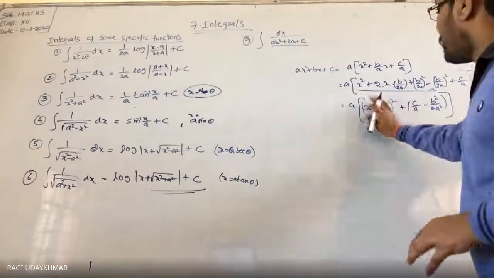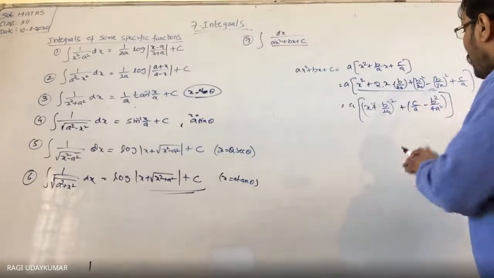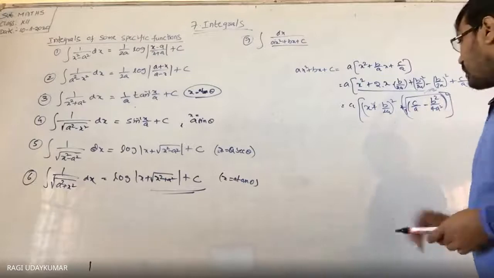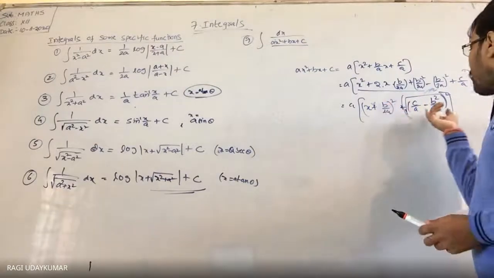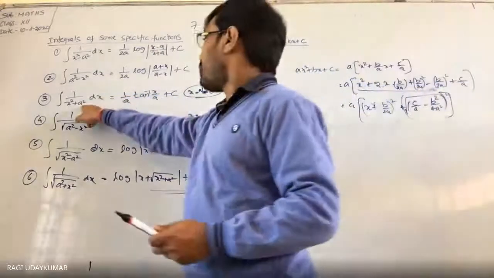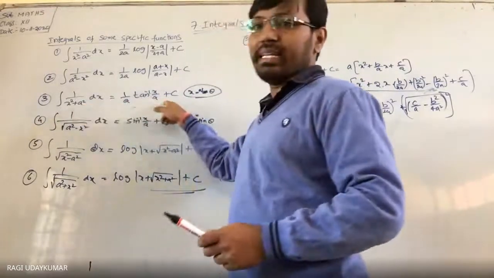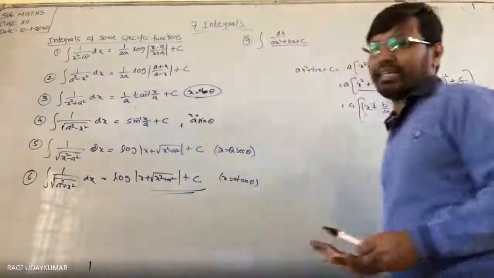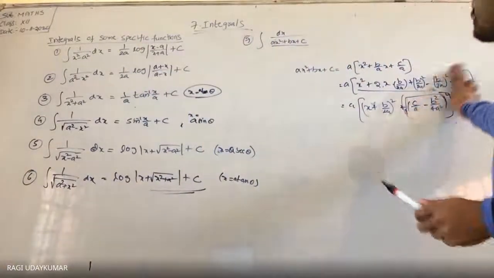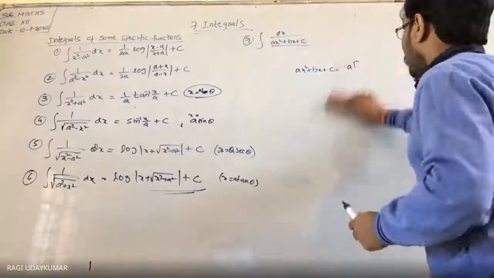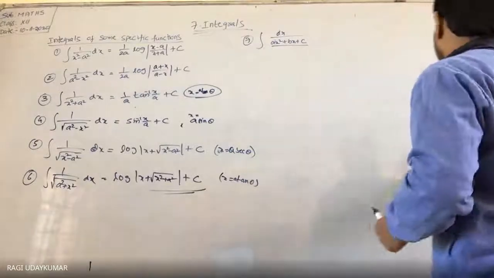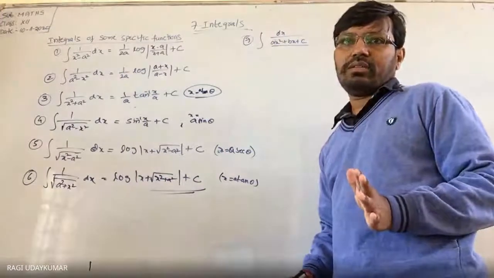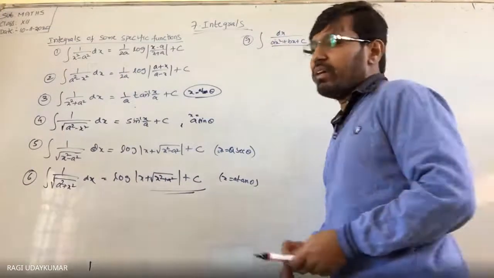Now it is in the form of a square. Can I write it under root, as a whole square? Yes. Now it is in the form of x square plus a square, x square minus a square, or 1 by a tan inverse x by a. You can bring it into any one of these three forms. Did you understand? While solving a problem with this model, you will easily be able to understand this one. You will understand it in the easiest way while solving the problem.